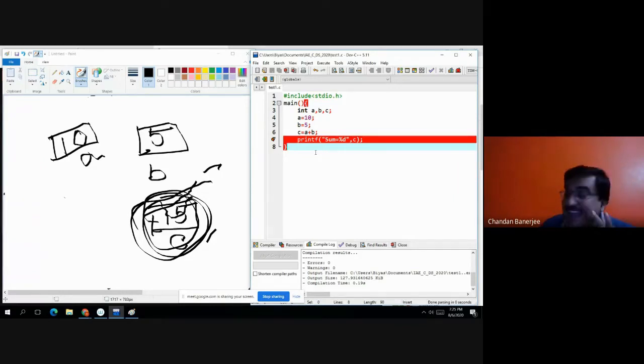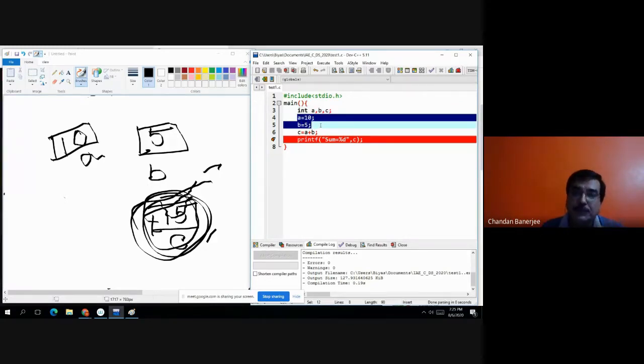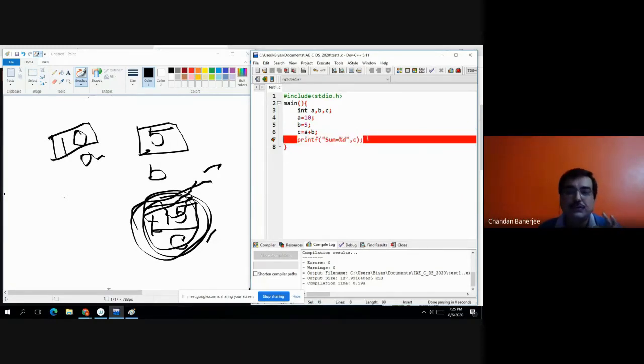So in each and every problem, you have to handle these 4 steps. What are the 4 steps? I repeat again. First, variable declaration. Then input, you have to take input. Then processing or calculation. Then last, output.